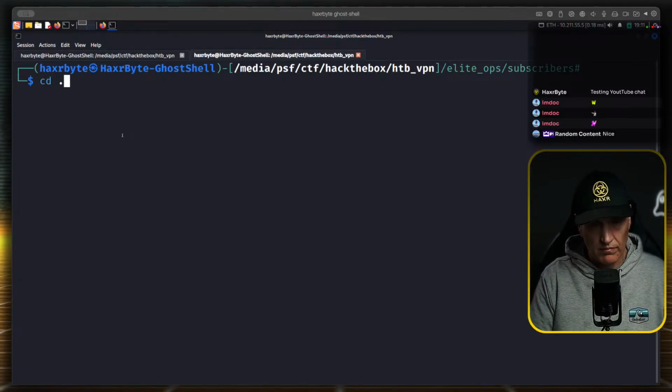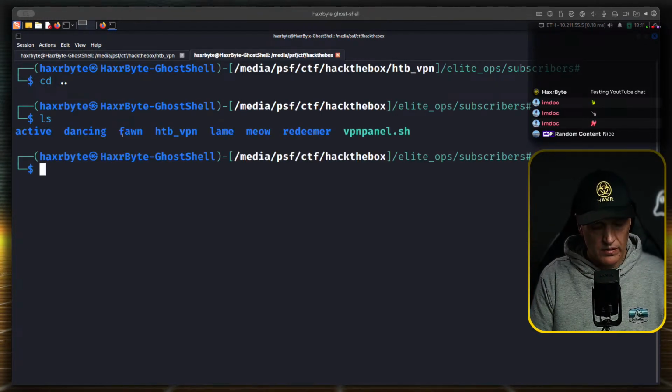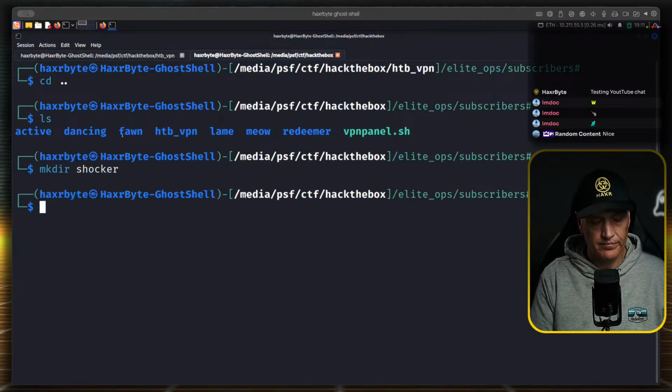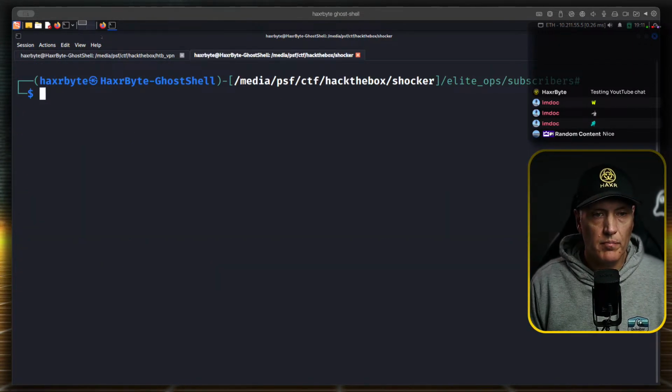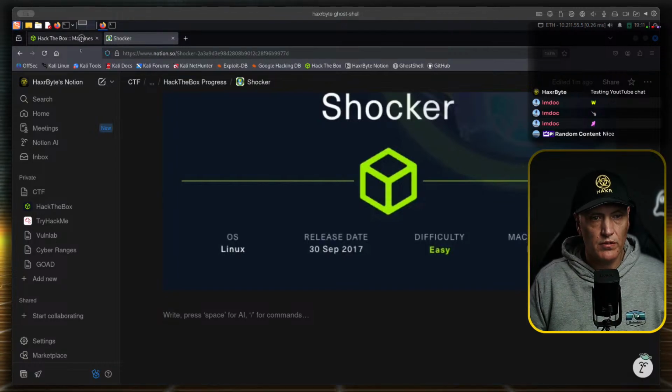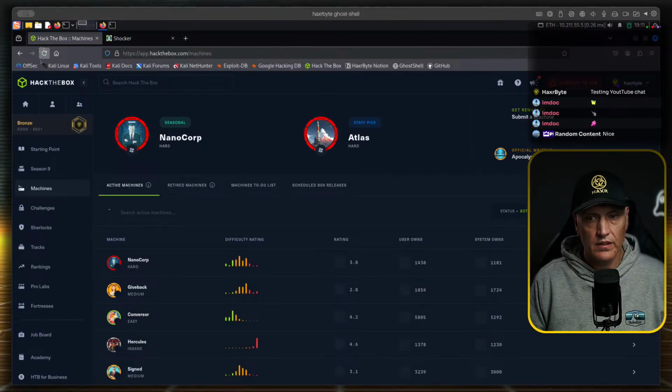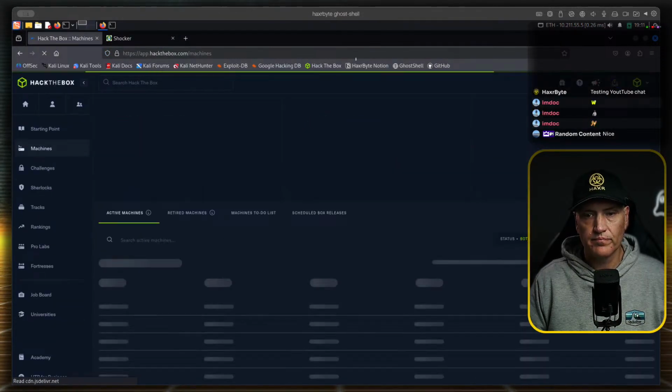Let's make a directory, shocker, just so it can have everything together. Okay, we should be able to connect it.